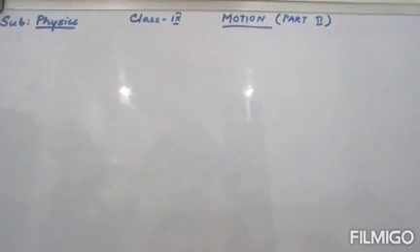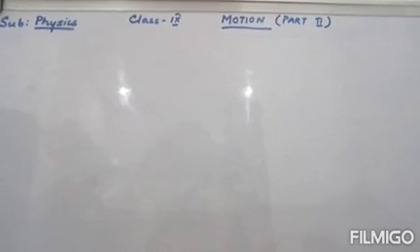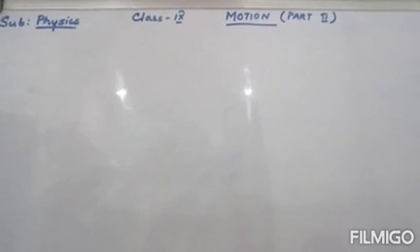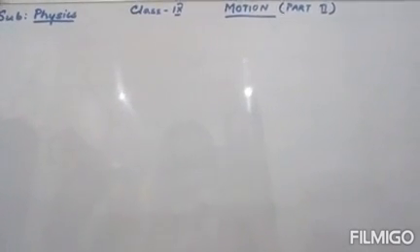Today we are starting on physics motion chapter part 2. Now previously in the video we had discussed what is a motion, what are the types of motion, and what are the terms needed to define a motion. We had studied about scalar quantity and vector quantity also. Now today we are going to learn about the different terms that can help us in measuring the rate of motion.